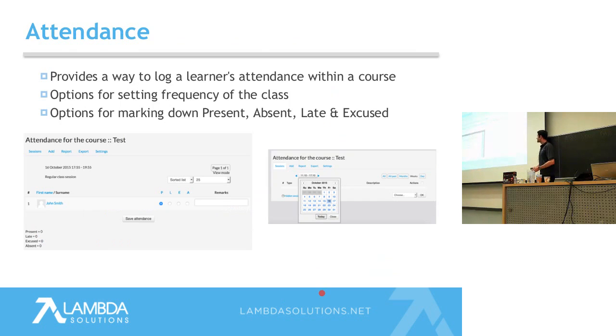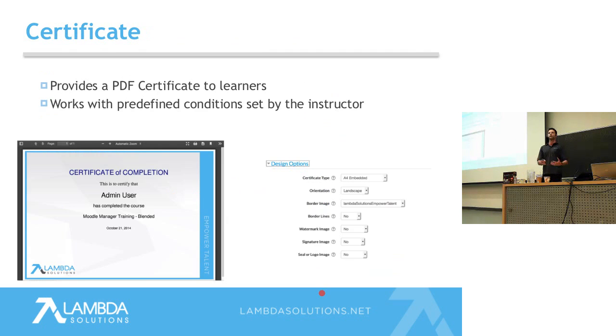Moving into the last option here, which is the certificate option. Usually when everybody's gone through their training, they're feeling confident in the course material they've gone through. You want to award them with a certificate. And to do this, there's the certificate plugin. What the certificate plugin allows you to do is allows the